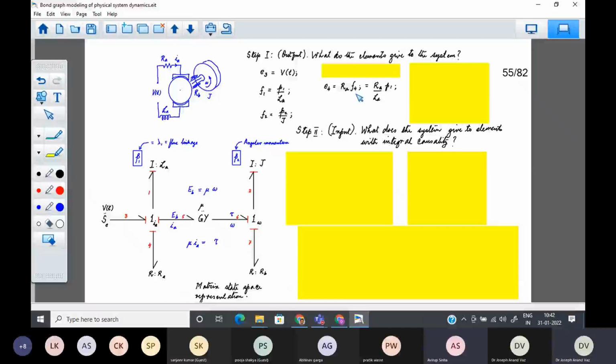and flow 4 is not known, but we can determine it from here. Flow 4 is coming from this one junction. It is being brought in by this bond number 1. So flow 4 is the same as flow 1 because this one junction is a common flow junction. So flow 4 is the same as flow 1, and flow 1 we have already determined as P1 upon LA. So we can write this as RA into P1 upon LA. So this is our first step. The second is,